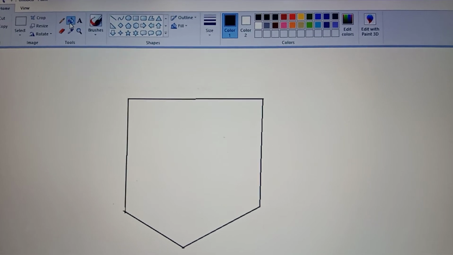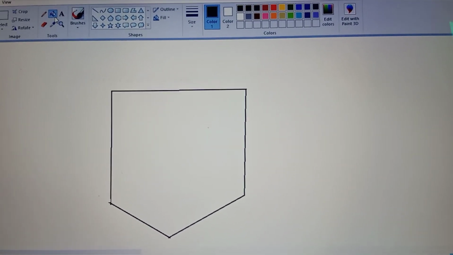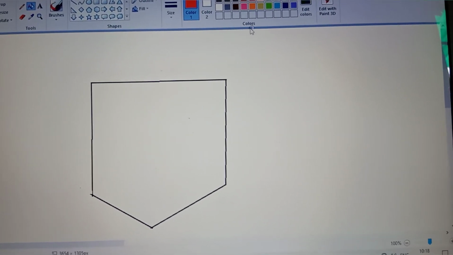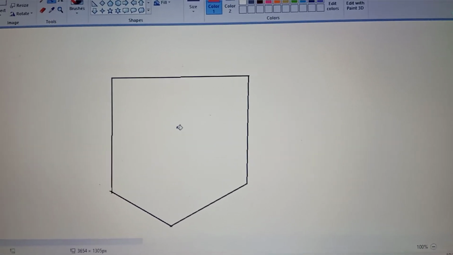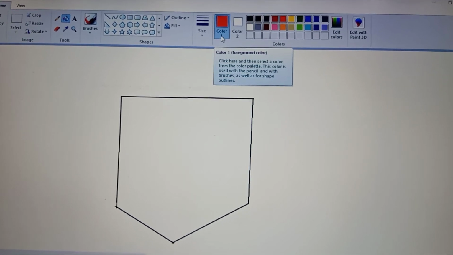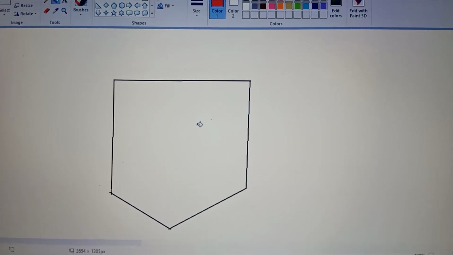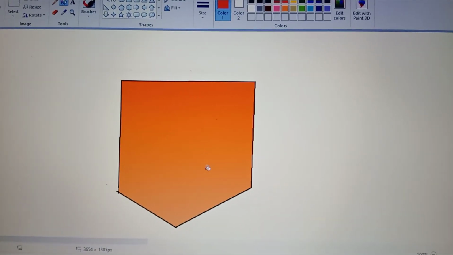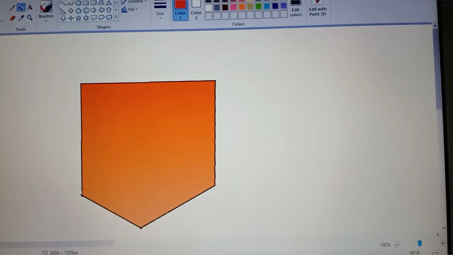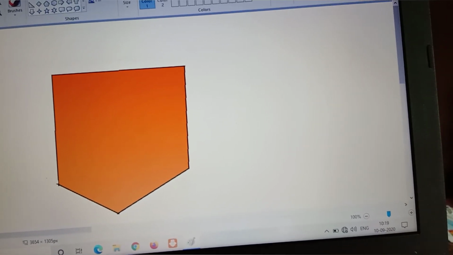To color it, we can select a brush, but with a brush it will take more time to color. You can use the fill with color. So just click on fill with color and select any color to color your picture. Then I select the orange color. In color 1, you can see this is for the fill color. Already I told you this is the background color and also the outline color. If I click it, see, there is no color leakage. That means in a polygon shape, if you click on it, the color will not leak.